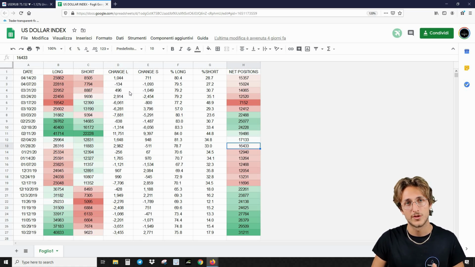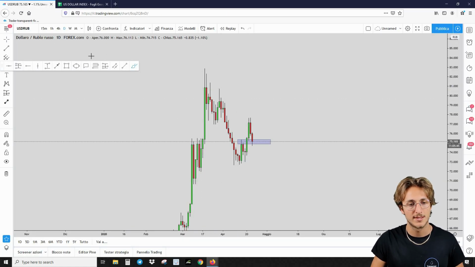However, what we are noticing right now, the move to the upside has already happened. But what we are seeing now, they have started to add again some shorts. Does this mean that we might see a break to the downside? We could. Because at the moment, there is one thing that we have to speak about from a weekly perspective